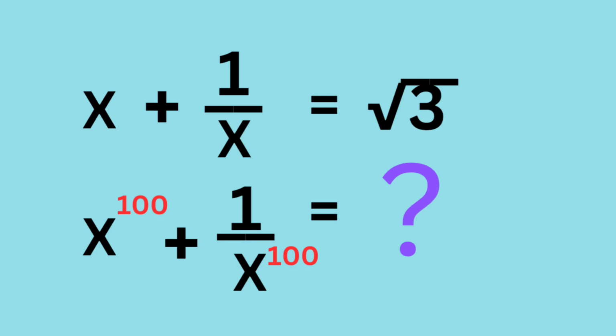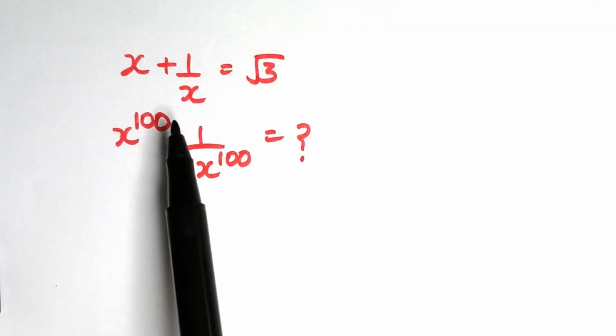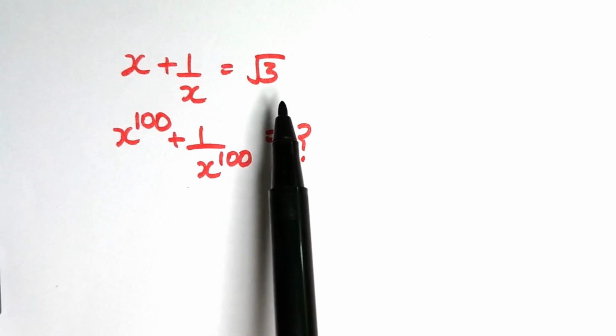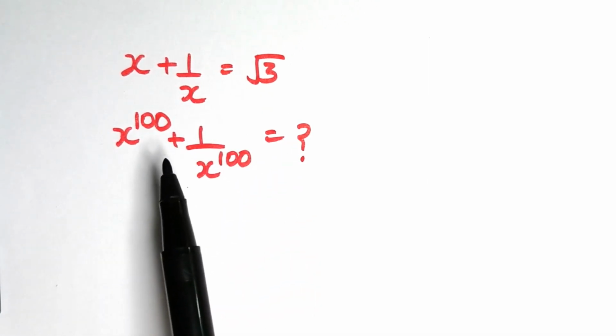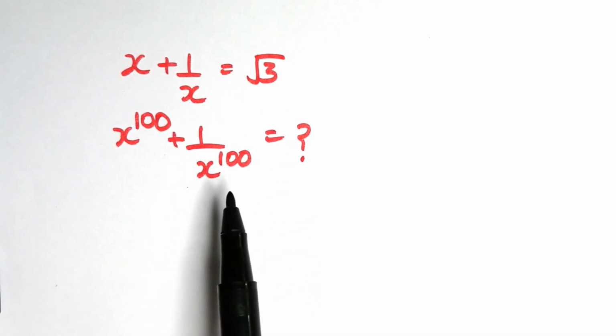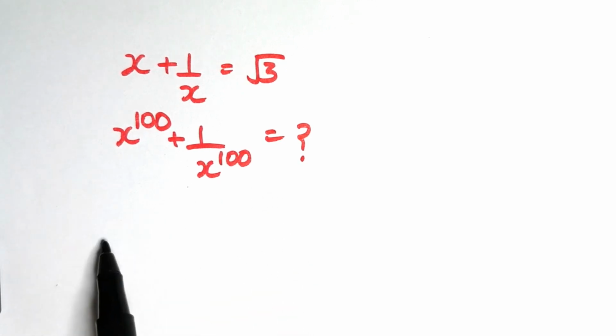Hello everyone. So today we have a very nice algebra problem for you. So how to solve this? If x plus 1 upon x is root 3, then we have to find x to the power 100 plus 1 upon x to the power 100. So solution: